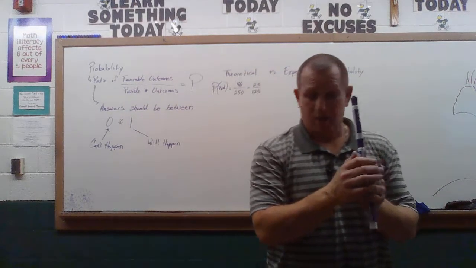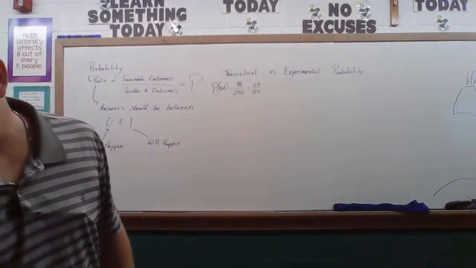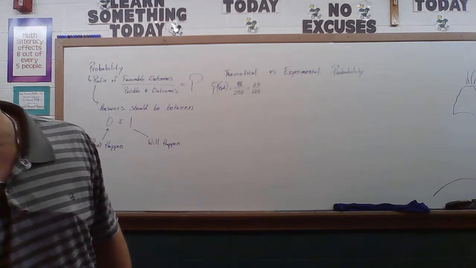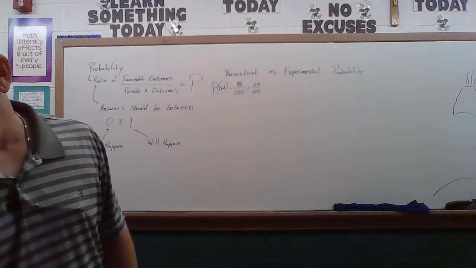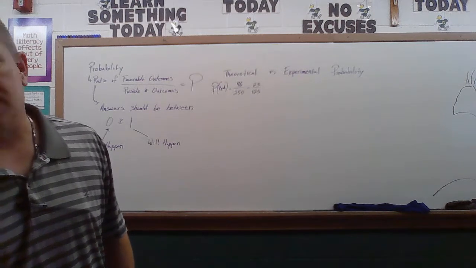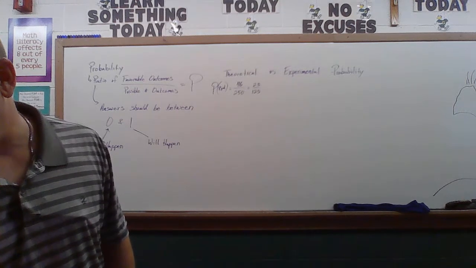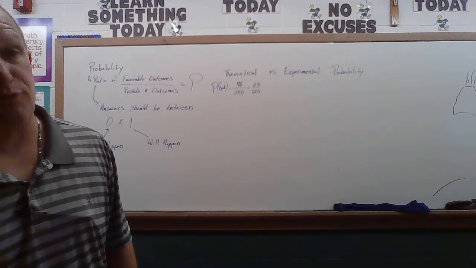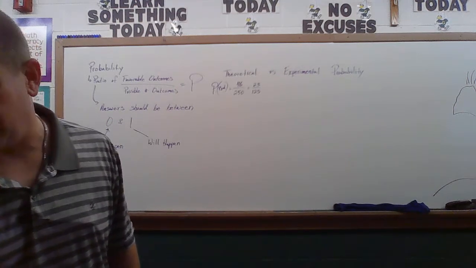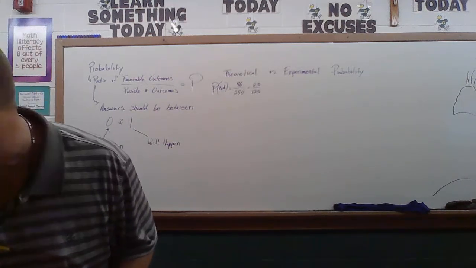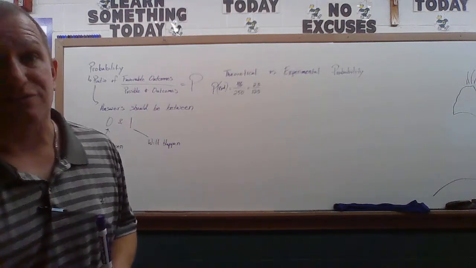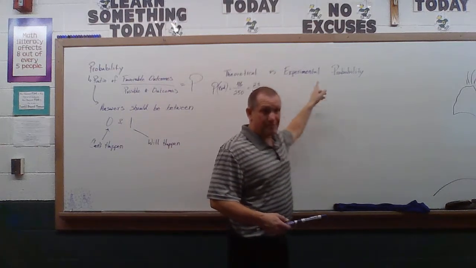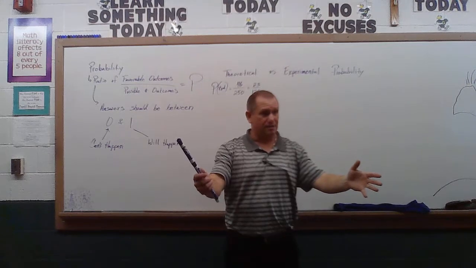That makes sense? So in this example down here on page 311, the experimental frequency would have been, if we were talking about the experimental of heads, how many times did heads come up? It would have been 14, right? And what was the grand total of how many times we did the experiment? 25. We did it 25 times, so my experimental probability would have been 14 out of 25 because that's the grand number of times we did it.